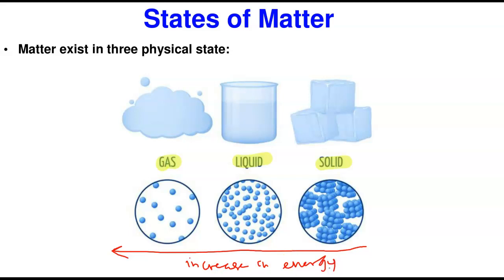Now, the gases are the most energetic particles because they move about all the time. And because they move about all the time, they have very high kinetic energy. This is followed by the liquid, which moves about not as much as the gases, but the solids are always compressed and stay close to each other. They're always condensed, stay very close to each other, and don't move about as much as the other two previous states. And these are very good examples. So here we have ice, liquid water, and this is probably steam. Steam just means gaseous water.